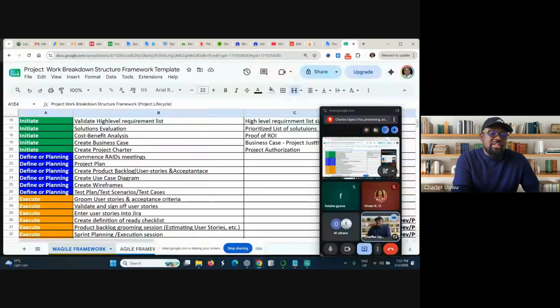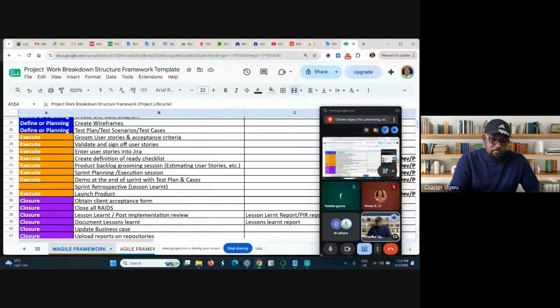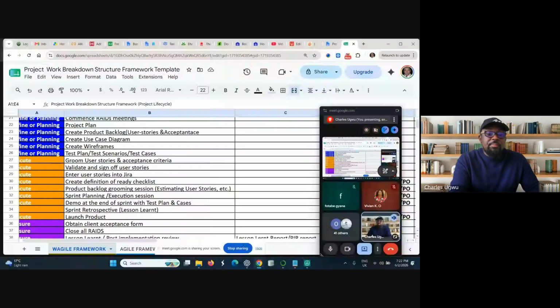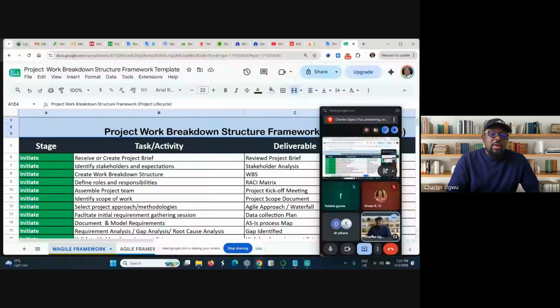That is the planning stage. If I go up again, you see the execute stage. If I go up again, you see the closure stage. I removed planning and control because as a project manager, your planning and controlling start from the moment you received